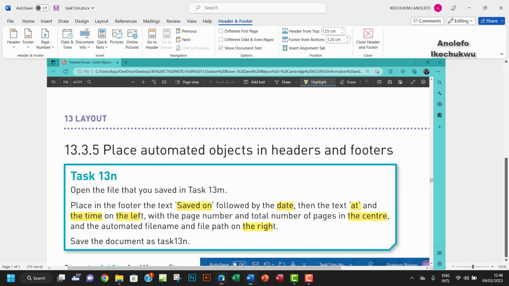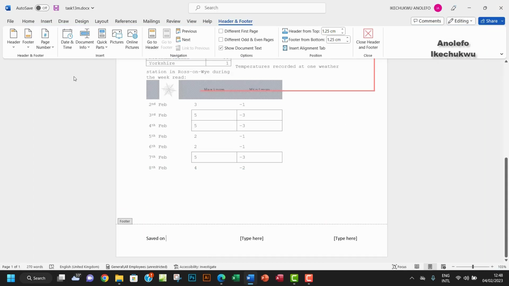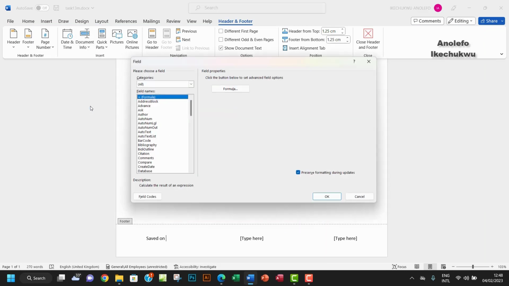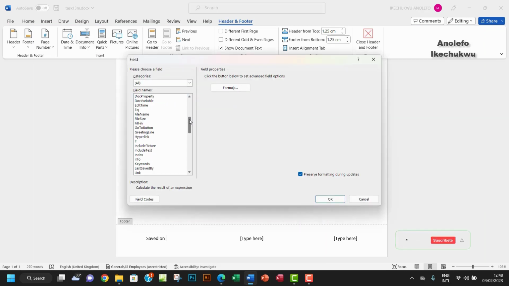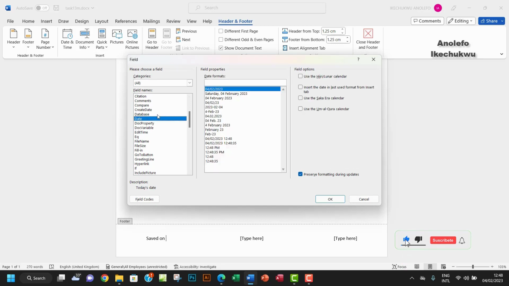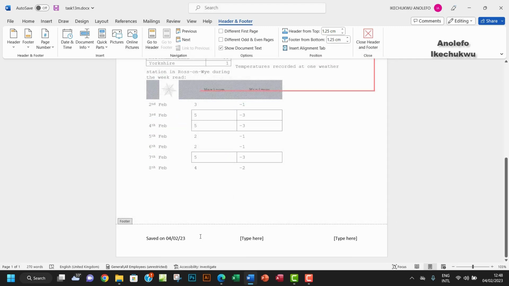followed by the date. Okay, so today's date. So I want to go to document info, then to field. I want to look for date. Since this is a portrait document, I will take the shortest format. Let me take this, then okay. Right. So followed by at